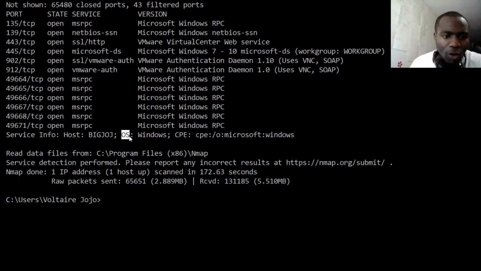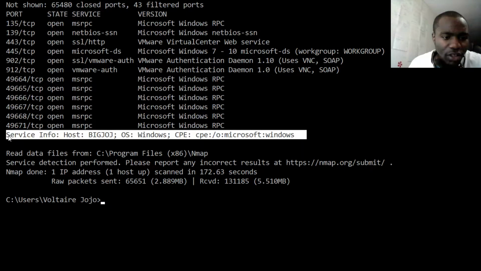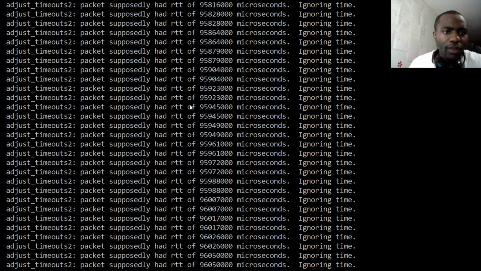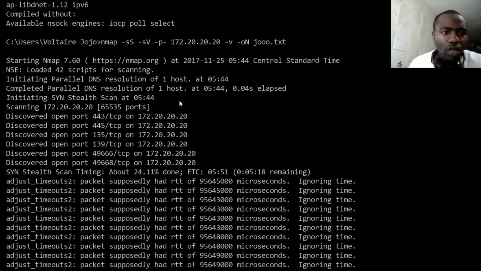Then it tells me my operating system is Windows. So you can run it on any computer. The moment you know the IP address of a computer in the network, you can run it and have all this information about that particular host or on the network. So I think it is a pretty cool application which is worth knowing how to use